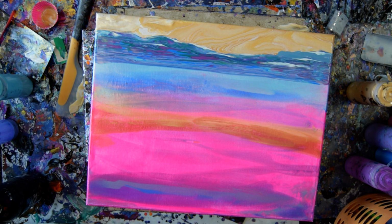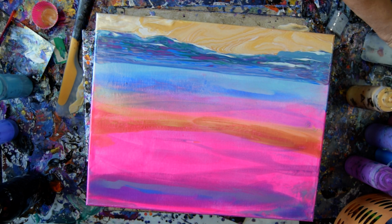So I've got a lot of extra paint, but I also have GAC 800 by Golden in all of my mixtures. I'm going to grab a little more white and hope that I can